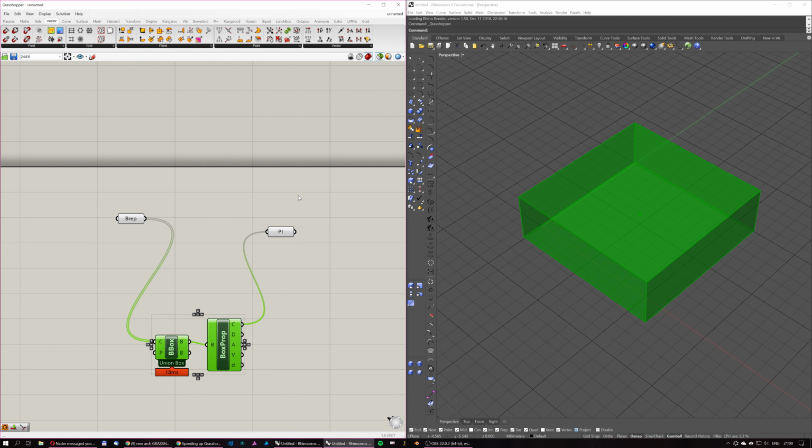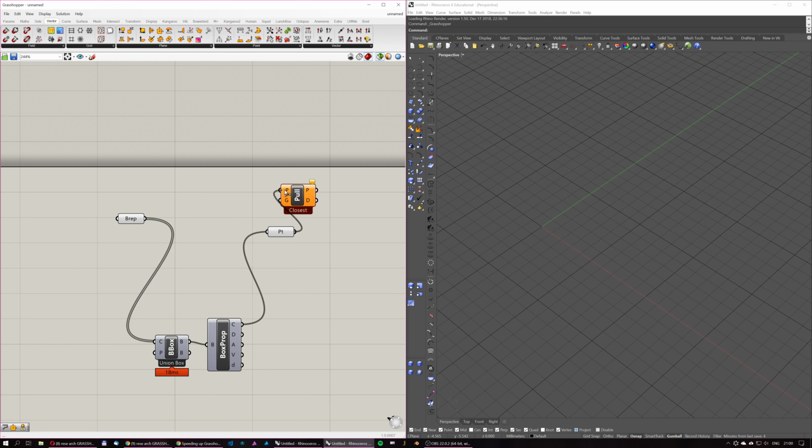So there is a couple of things that I can do. I can pull the point. So this is the point. This is the geometry. Let's pull it to all of them. And this tells me the distances. And it takes some time. The profiler doesn't really show the time, but I'm pretty sure pulling a point to a brep is a relatively